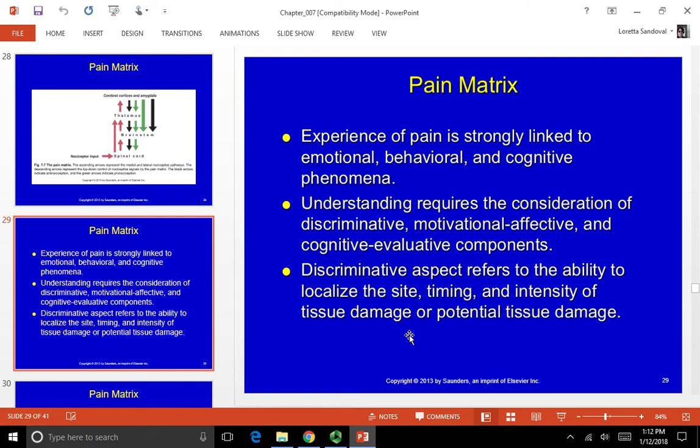So the discriminative aspect of the pain matrix refers to the ability to locate the site, timing, and intensity of tissue damage or potential tissue damage. So the other things, though, don't have anything to do with tissue damage. Another thing that can affect pain that's sort of on the motivational, affective, and cognitive evaluative side of it is